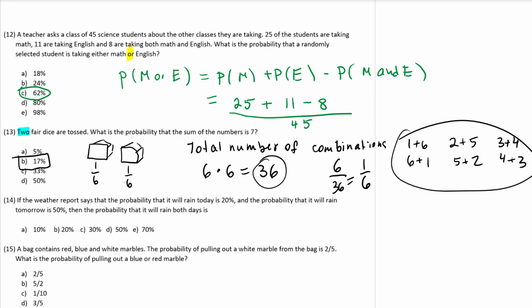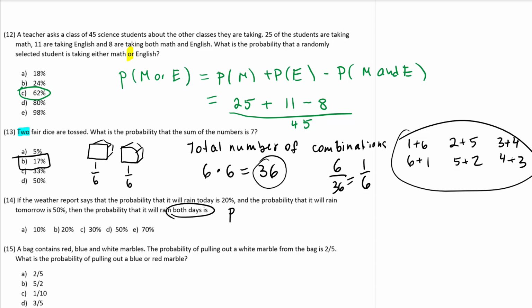Number 14, if the weather reports say that the probability that it will rain today is 20% and the probability that it will rain tomorrow is 50%, assuming, it should say, that the weather forecasts are independent from one another, but I already mentioned that all the questions that you will see in this module do not deal with dependent events. So when it's talking about 2 days,